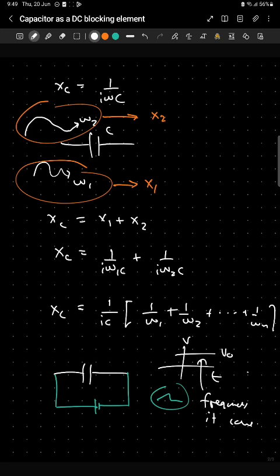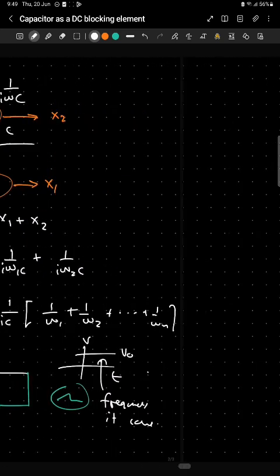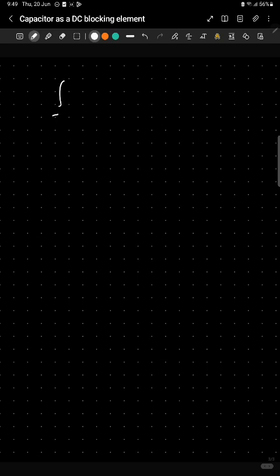In fact, the subject of Fourier analysis deals with the study of breaking down functions into sums of sinusoidals, and more generally, Fourier analysis is about breaking down functions as sums of orthogonal functions. But that's a topic for another day. So let us recall one very important property of the Fourier transform,